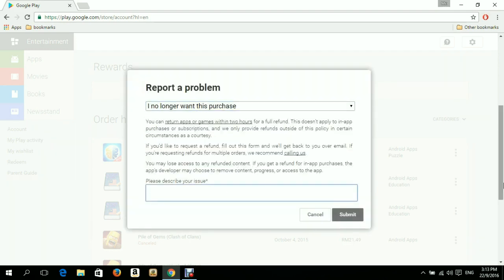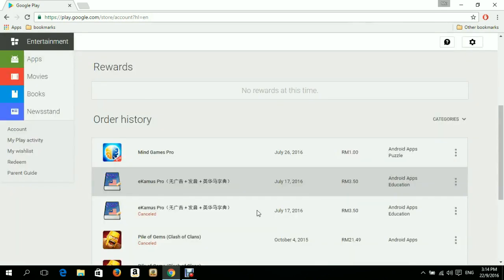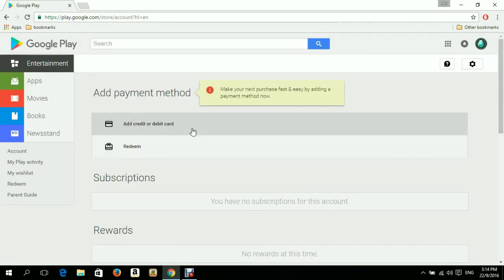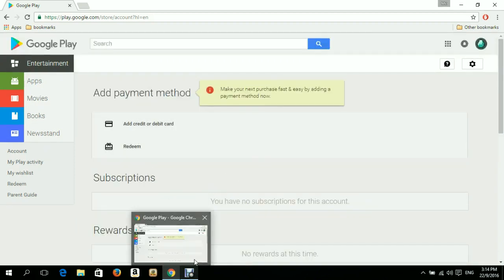You can just type there that I changed my mind and click on submit, and we will submit this report, and you will receive an email on your phone. Now you can just follow the instruction given in the email that Google sent you to refund this app.